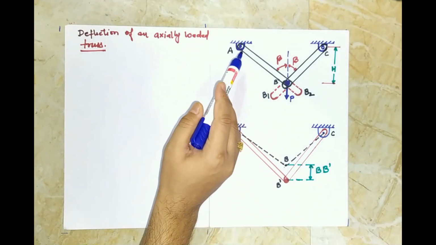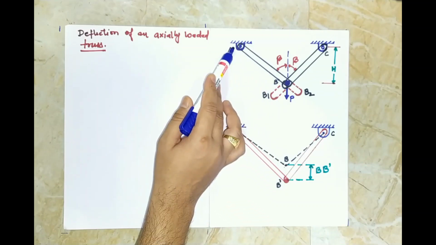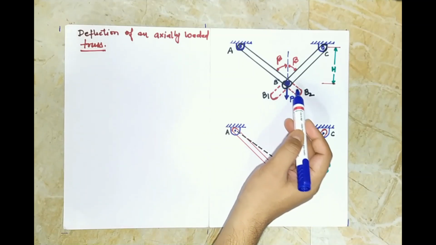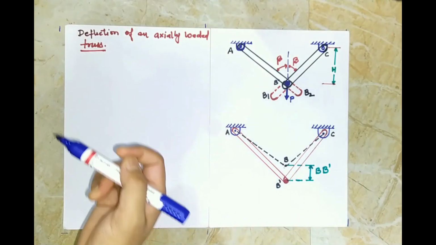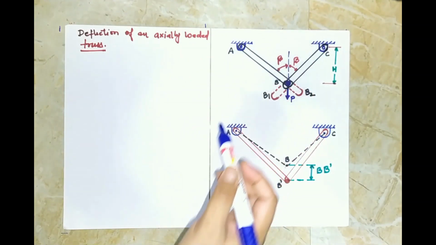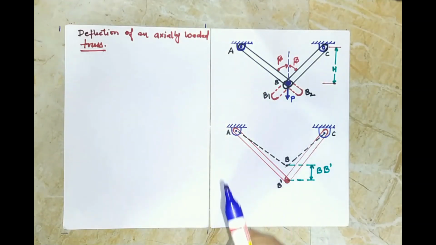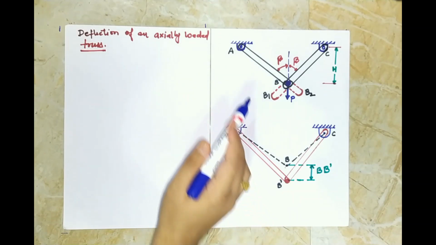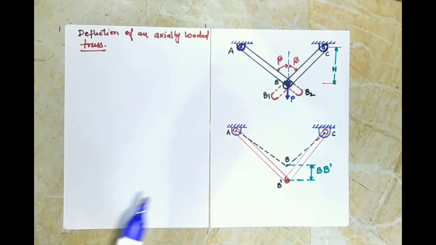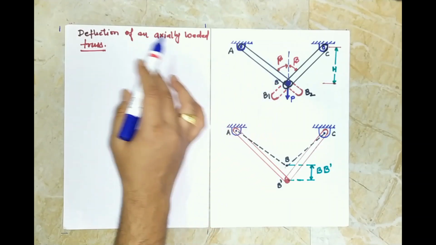So for example, we have taken here a truss in which two members are there, that is member AB and BC, and these are joined here by a revolute joint at point P, which doesn't restrict any rotational motion. These two links are joined at A and C by fixed support with the help of a revolute joint, such that it doesn't restrict any rotational motion, and hence due to the load P there is no possibility of any bending, and finally the case is of an axially loaded truss.